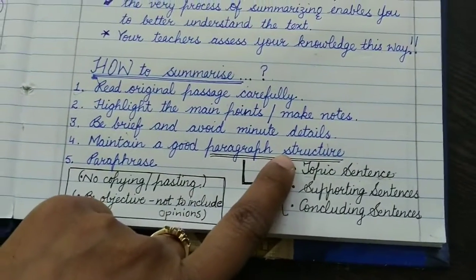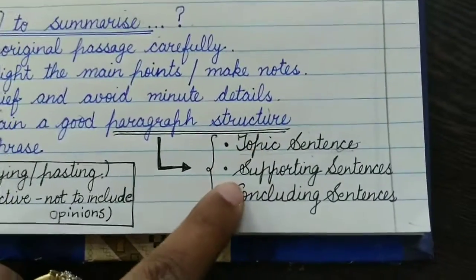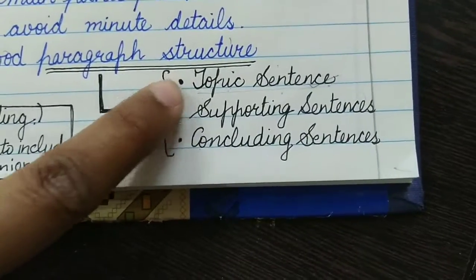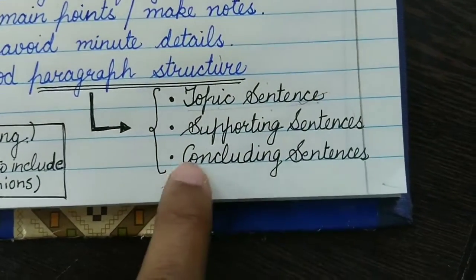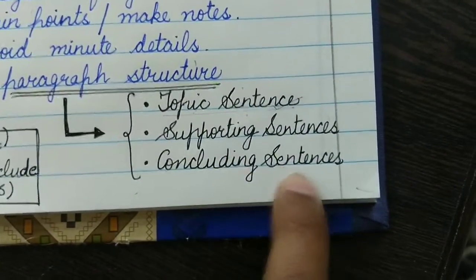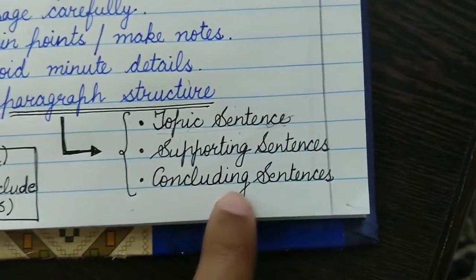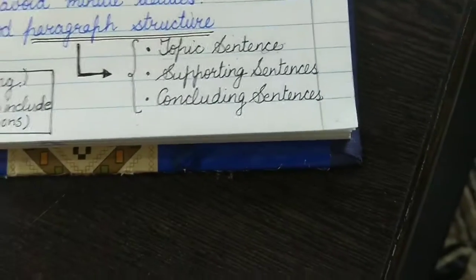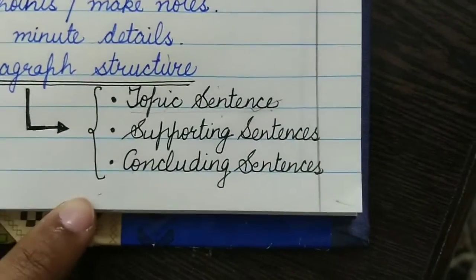When I say paragraph, a paragraph structure contains three main things: the topic sentence, the supporting sentences, and the concluding sentence. Topic sentence, supporting sentences are of course going to support the topic, and how it ends, right? The concluding sentence. But remember, concluding sentence doesn't mean your opinion. It's not your opinion. It's here how it ends. We are not supposed to add any of our own opinions or what we think about that into a summary.